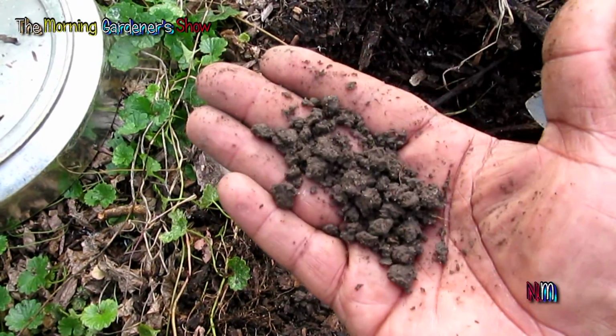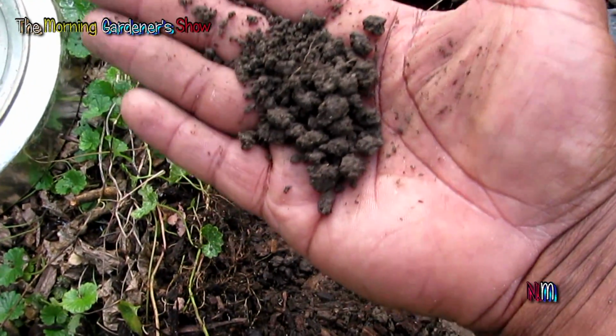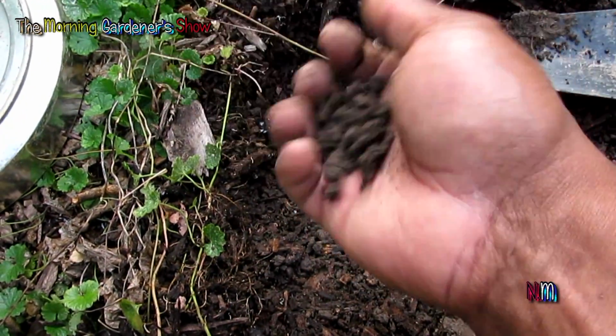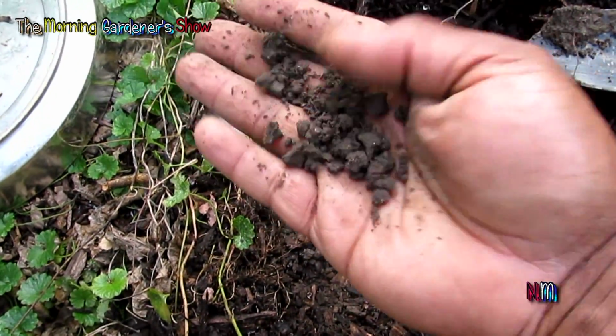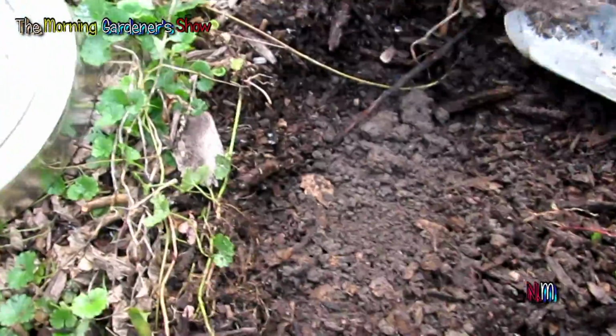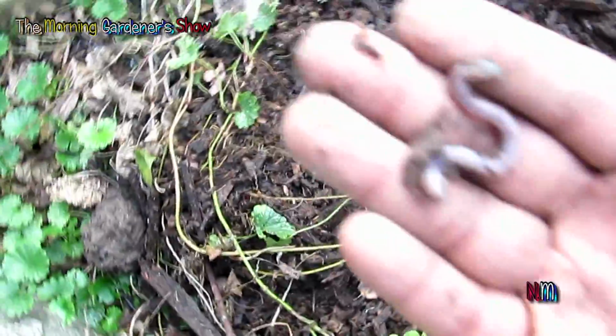It's better. It doesn't have a dark color to it really. It's kind of, you know, stark, but I'm just learning right now. This is an expedition here to learn a little bit about the soil. But this is 4 inches deep here, and it's been improved greatly by the wood chips. I found some worms here in